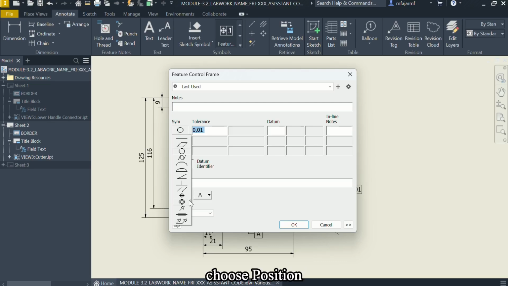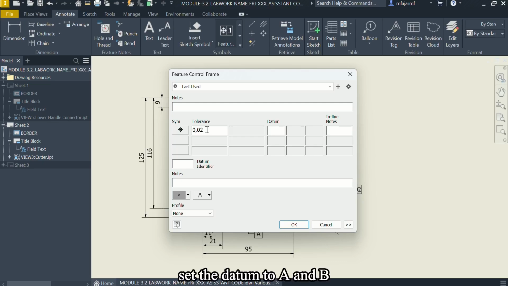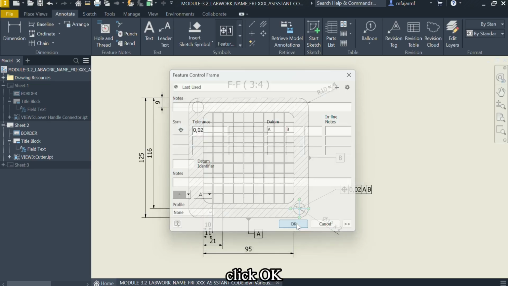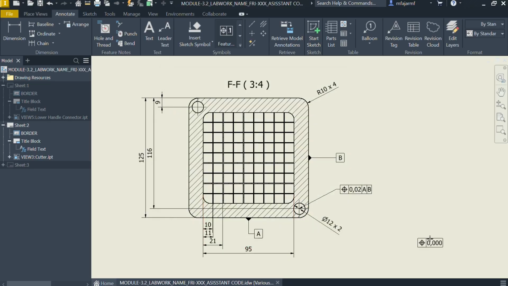We choose position. Set tolerance to 0.02. And then set the datum to A and B. After that, click OK. And this is the result.